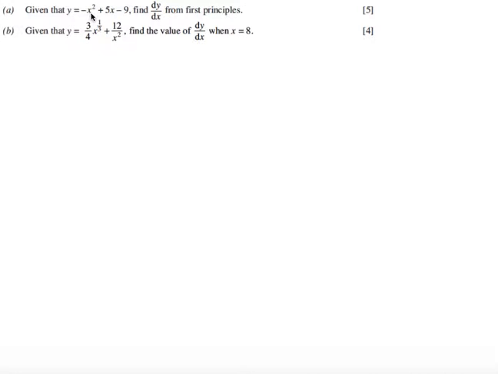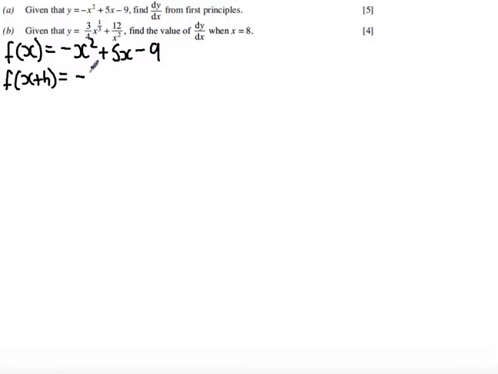Given that y equals minus x squared plus 5x minus 9, find dy by dx from first principles. Right, well, I personally like to use f of x notation, so I'm just going to state that f of x equals our equation that y is equal to, so minus x squared plus 5x minus 9. Now I'm going to find f of x plus h,